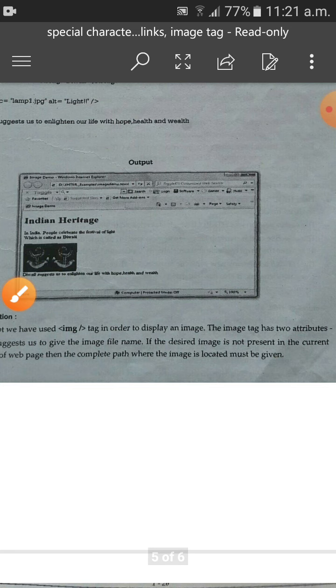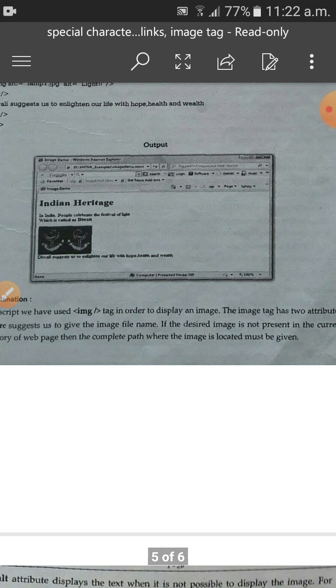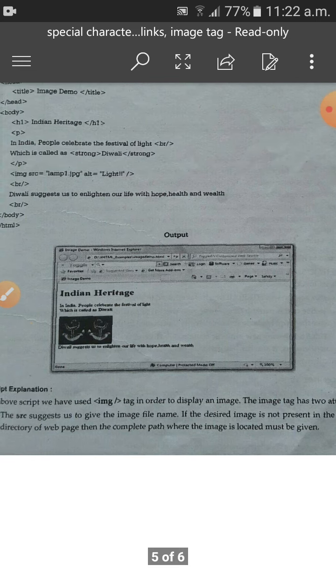If the desired image is not present in the current directory or web page, then the complete path where the image is located must be given. So you gave just the image name .jpg. If it does not exist, you have to give the complete path, that is the drive it is saved in. If it is saved in the D drive, then D drive slash, then the folder name image slash, then lamp1.jpg, etc. So the full path has to be given.